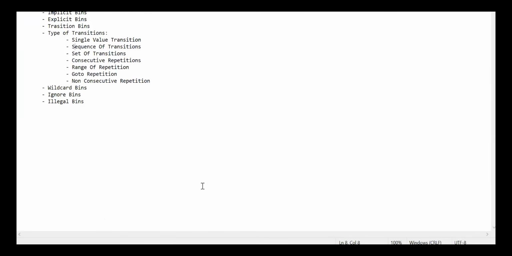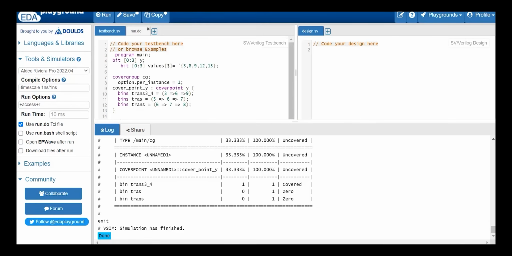Next, third one. What is the third one? Set of transitions. Set of transitions means